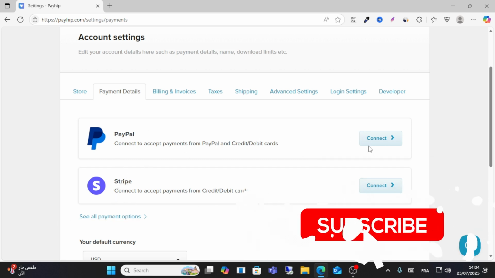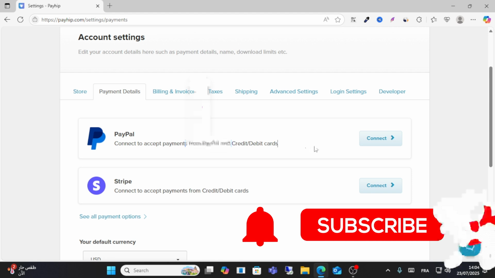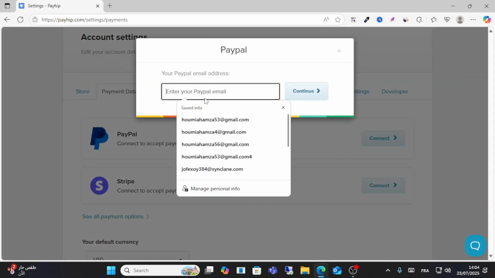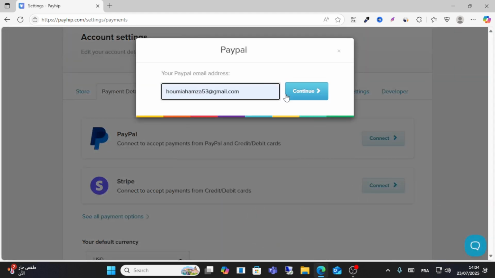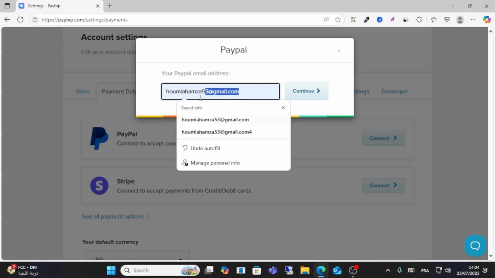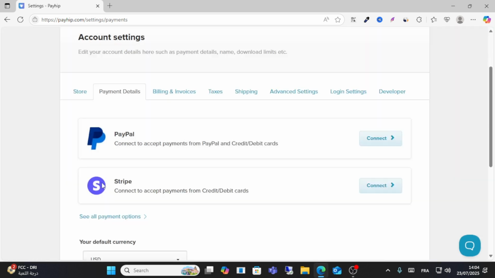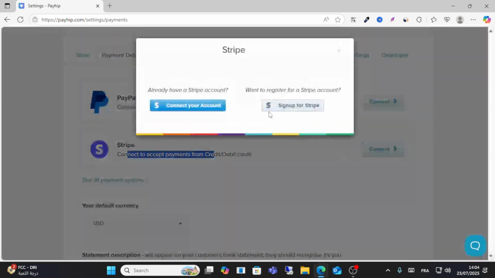If you want to connect with your PayPal or credit card, just click connect. From here enter your PayPal account. You should enter your active PayPal account, and then if you want to connect Stripe,